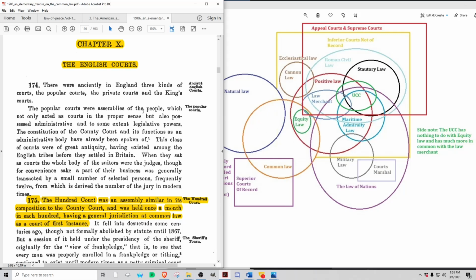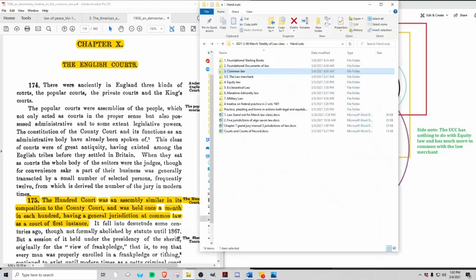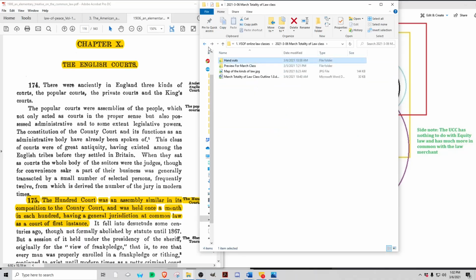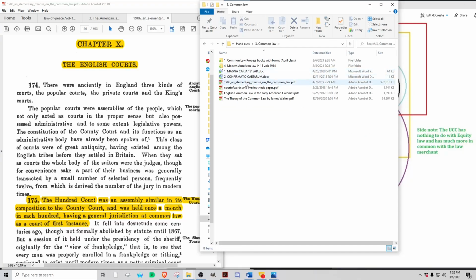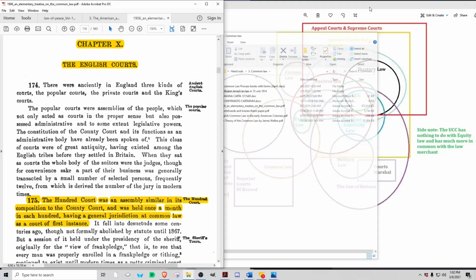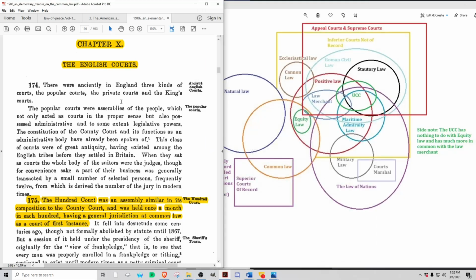So again, I'm reading from the 1906 treatise. It's in the handouts. It's under common law. So if you go to the handouts, go to common law, and open up 1906, an elementary treatise on the common law. And in the PDF, it'll be page 116. And chapter 10, the English courts. So,